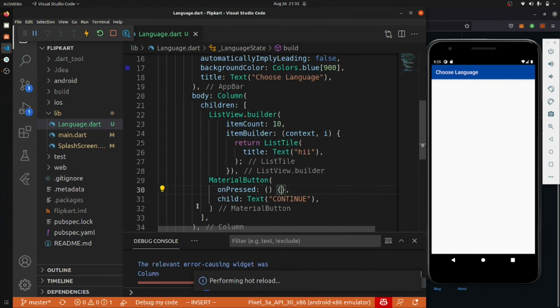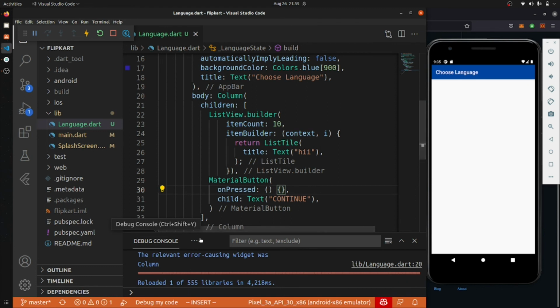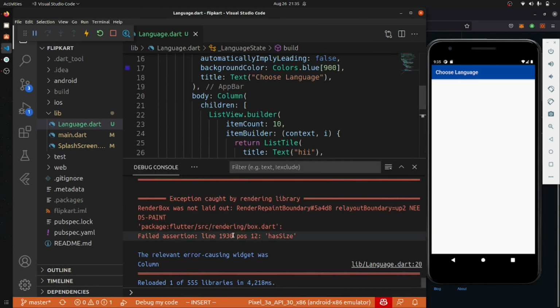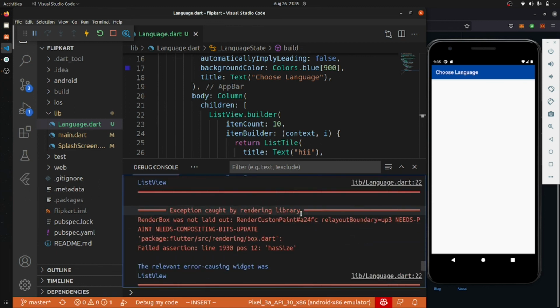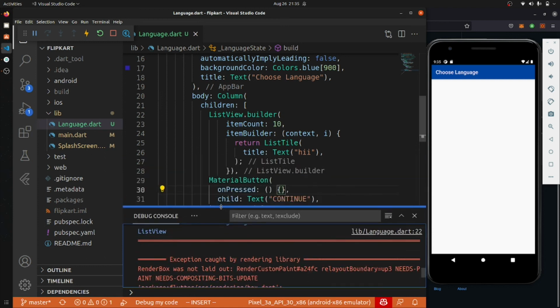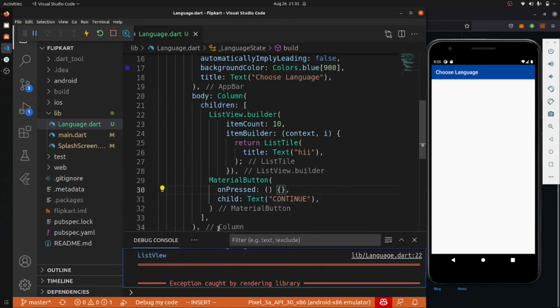You don't get any of the things here, but you get a lot of errors. It's saying that assertion failed, has size and all the other things. So just keep in mind, inside of columns you cannot directly use a ListView. You cannot directly use a ListView inside a column or inside a row.